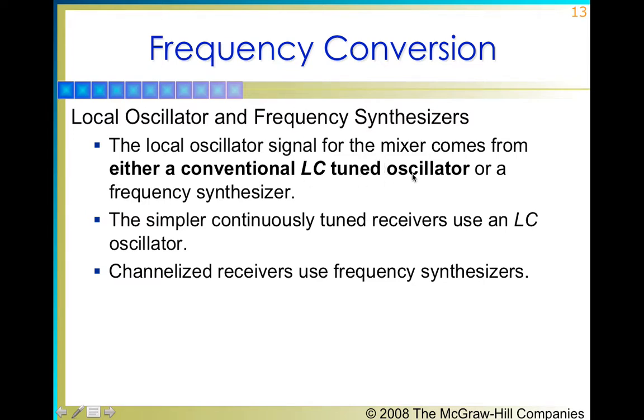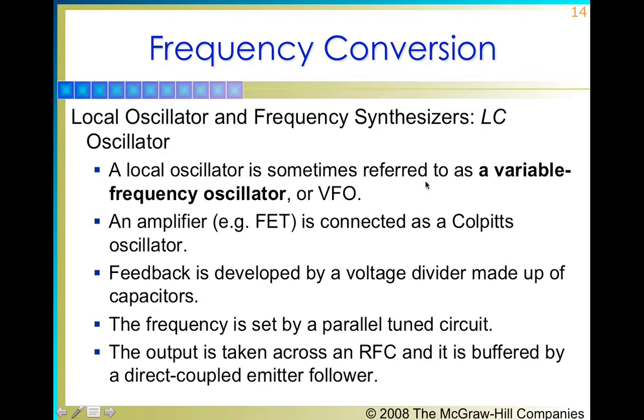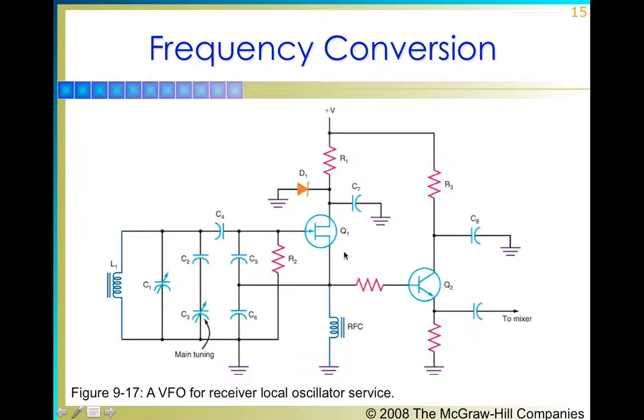We have LC tuned circuit based oscillators or mixers, in which by varying the values of inductance and capacitance we can change the output frequency of the oscillator or the mixer. We can also have variable frequency oscillators or mixers, in which by varying the voltage we can change the value of the frequency of the output of the oscillator or the mixer. This is a circuit diagram of a voltage variable frequency oscillator, which is also called a variable frequency mixer.